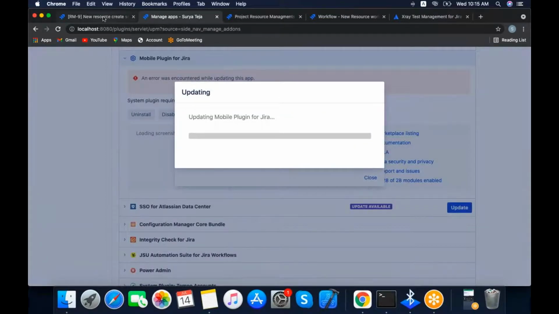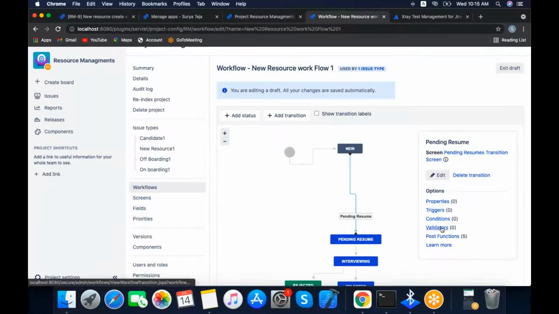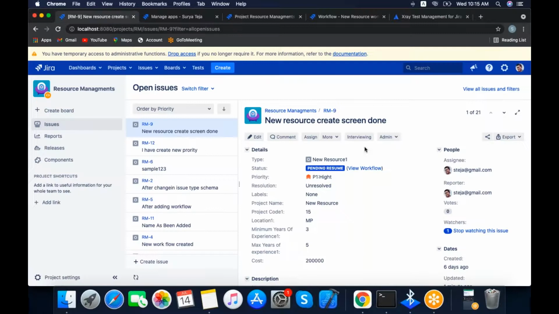Validation means while moving, you will see the transition, but until the condition is satisfied you cannot move the transition. Condition means you will not see the transition. If the condition is satisfied, then only it will be visible.